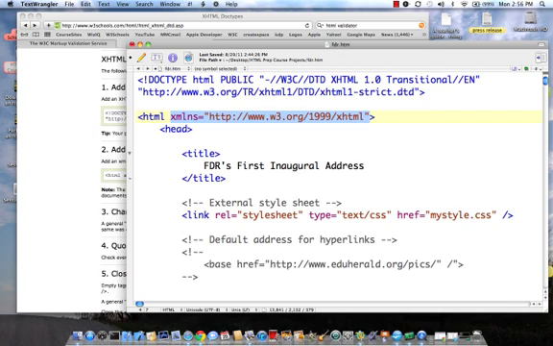So it's in quotes, http://www.w3.org/1999/xhtml. Okay, so our next step then is to change all of our tags and all of the attribute names